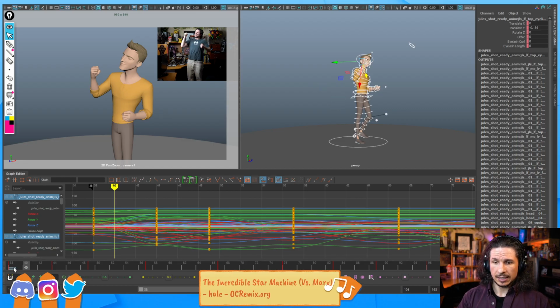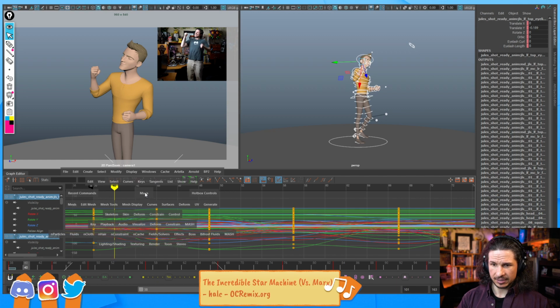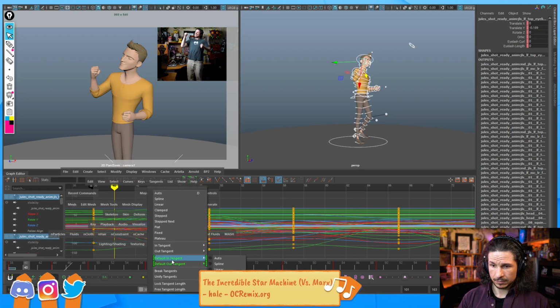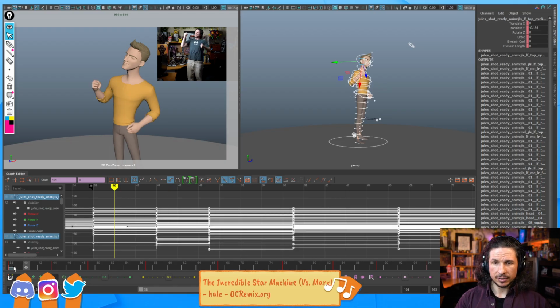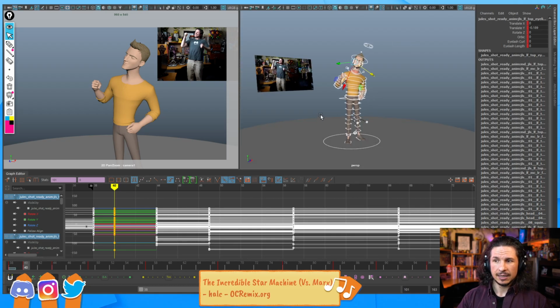So if I set a key here, and let's actually set our default tangent types, let's stick with step mode. And I'm going to show a quick trick here. If you're blocking in step mode, your poses won't change between 2 keys, which is great. That's kind of what you want. If I set a key here, I don't want to have Maya throwing things in for me. But, and this is a big but here, there is an issue. And that is that now between these 2 frames,